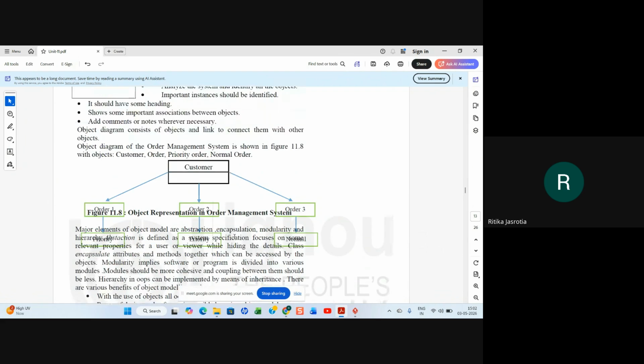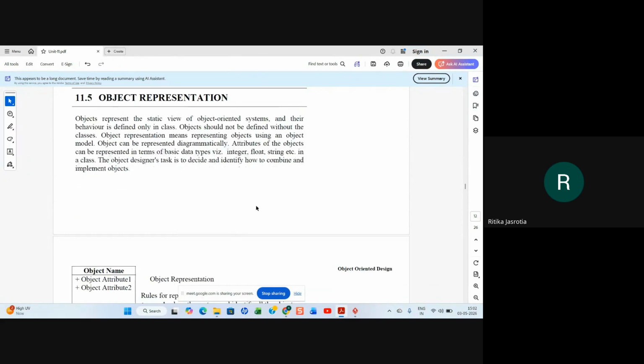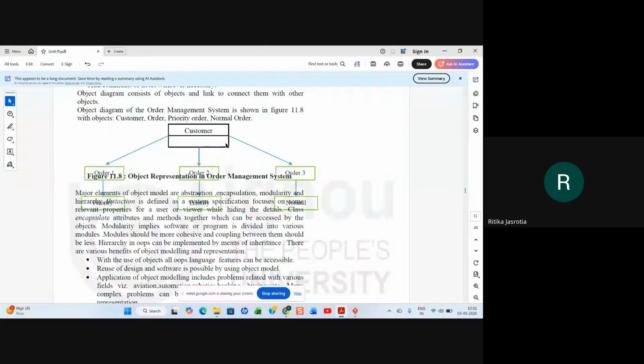So first they are talking about object model. So object model is an example they are giving like this, and the major elements in an object model will be abstraction, encapsulation, modularity, and hierarchy.